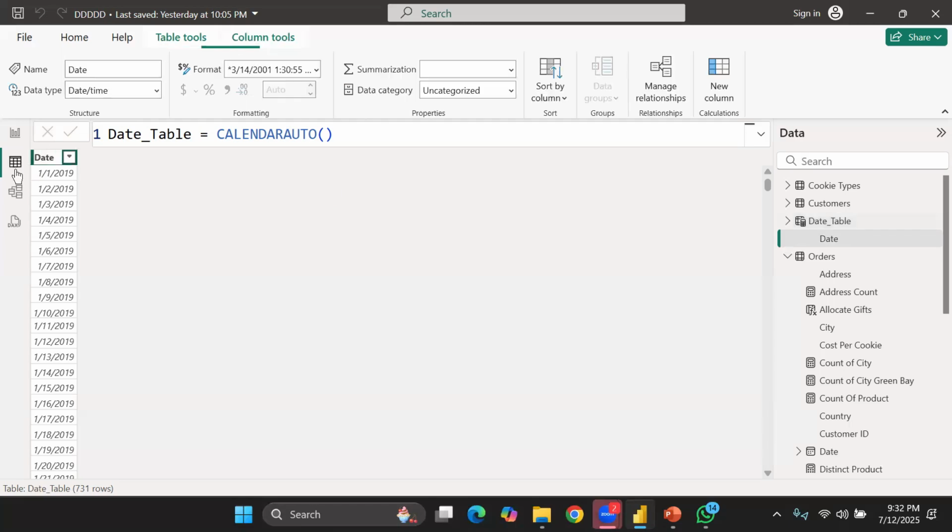So now, before we create any column inside our dates table, you must always use your Calendar Auto dates column. Meaning,